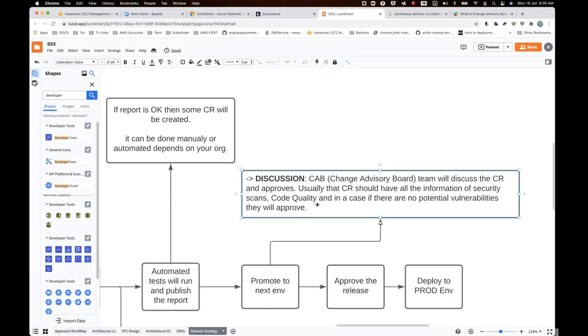Before actually going to the release itself, all the scans and everything should be reported, and those reports should be attached to the CR. The authorized person will look into that and say, okay, is everything okay? Then I'll approve. You got the point? I'm not saying at this point of time you do that. Before that, you should do everything, submit the information to them, and they will approve it.